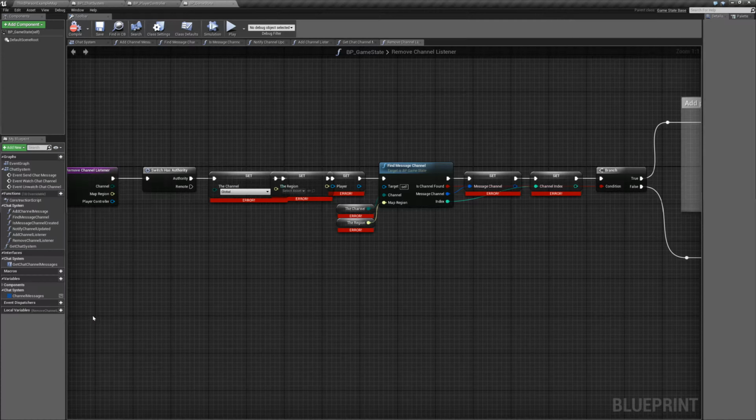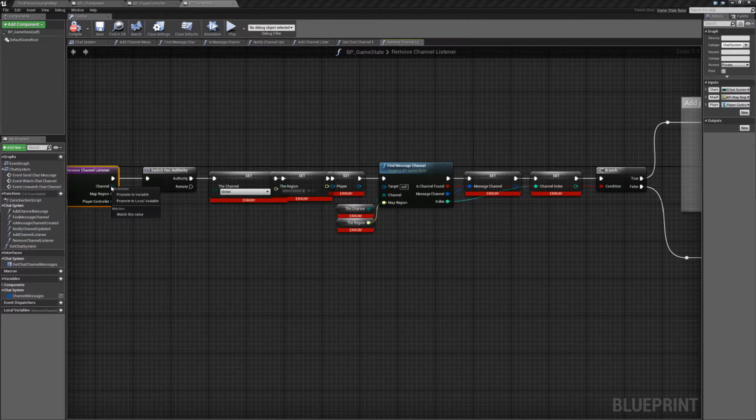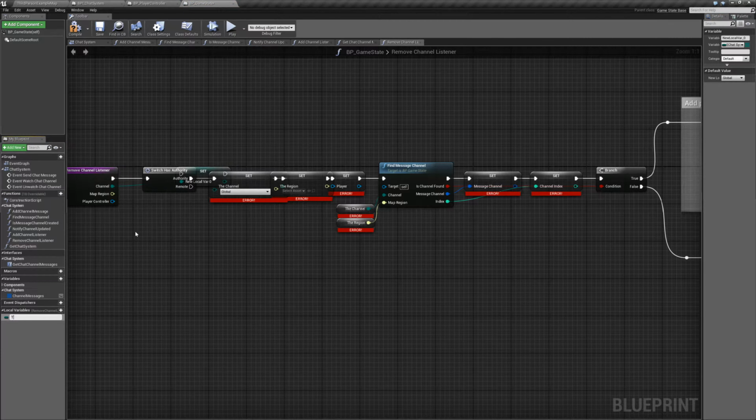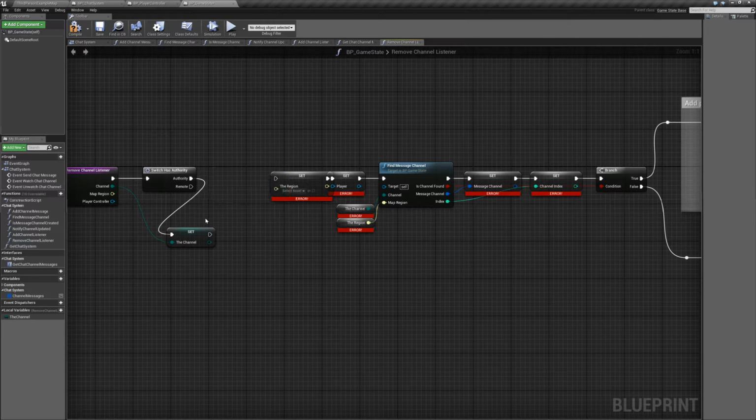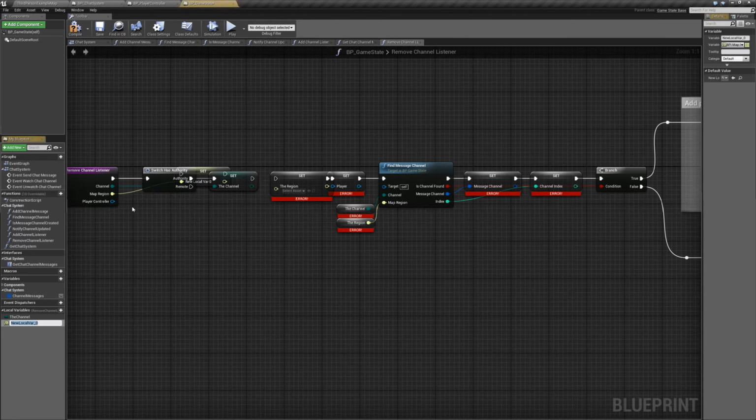So unfortunately, I don't think it's a bug, but if I compile, it's not going to automatically create the local variables. So let's just right click, promote to variable, and call it the channel. And we'll just have to manually replace each of these local variable nodes like that. Do the same for the map region and the player controller. The region